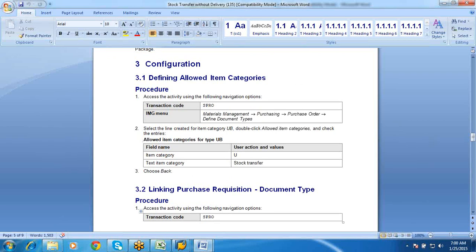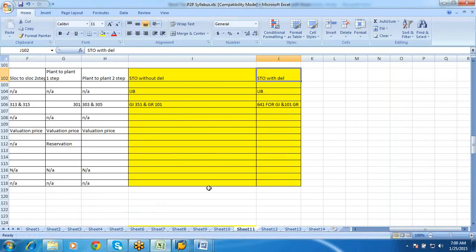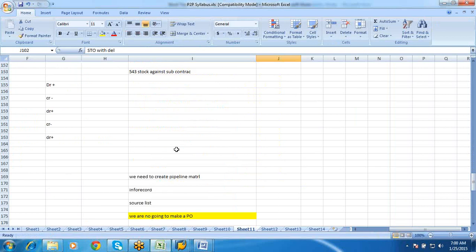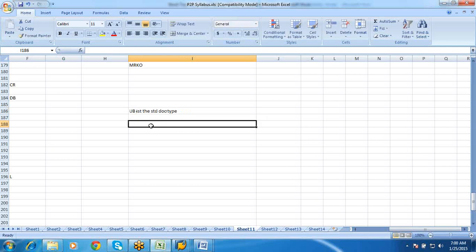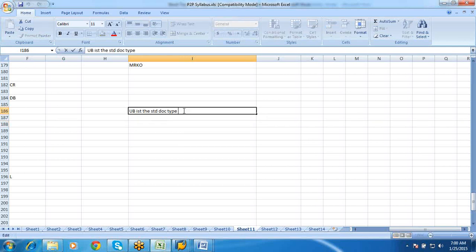In the standard we usually use UB, that is your purchasing. UB is the standard document type which is used in the PO.